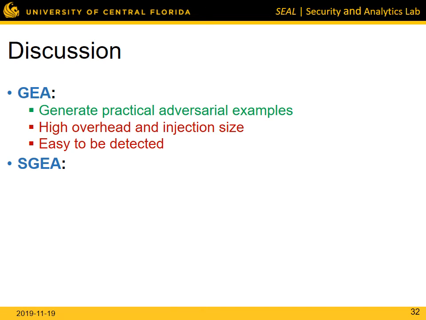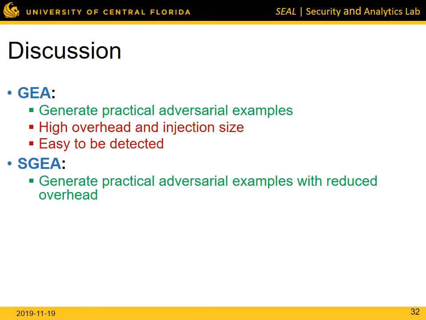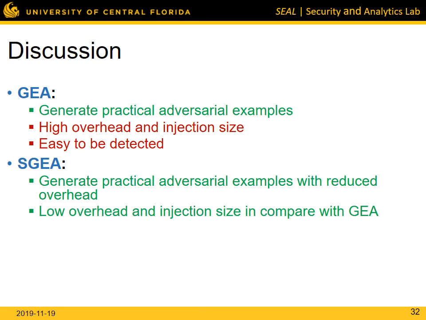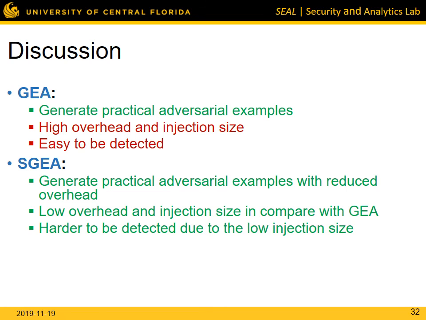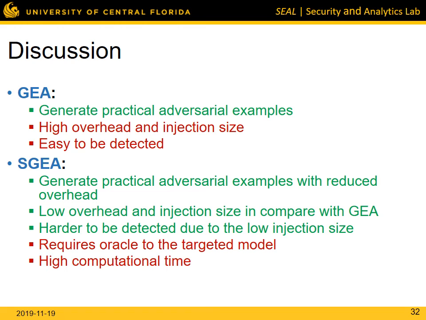However, SGIA, which is the main contribution of this work, is an approach that preserves the functionality and performance of the generated adversarial examples with reduced injection size and overhead, in comparison to GIA, making it harder to be detected as well. On the downside, however, this approach requires an oracle to the targeted model